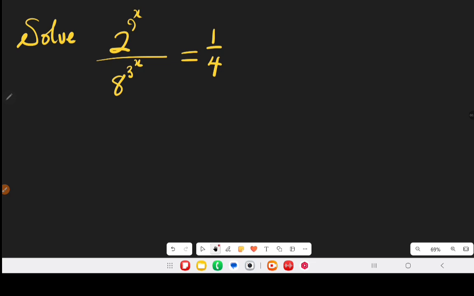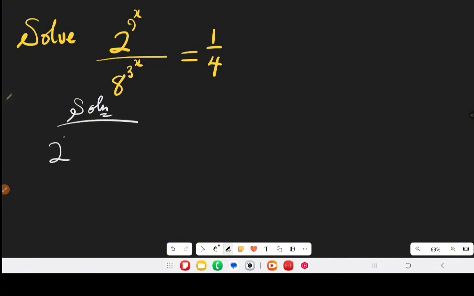Today I'm going to show you how to solve this exponential equation. It reads 2 raised to the power of 9 raised to the power of x, all over 8 raised to the power of 3 raised to the power of x, equal to 1 over 4. Solution: